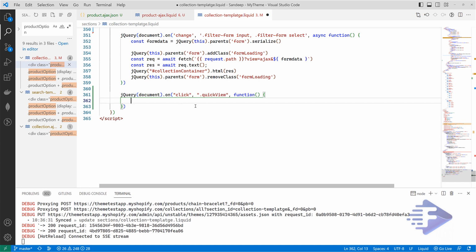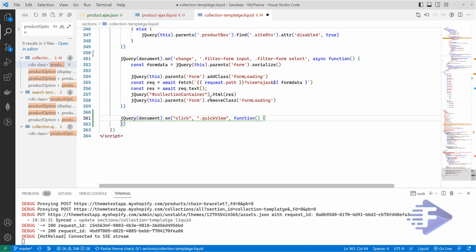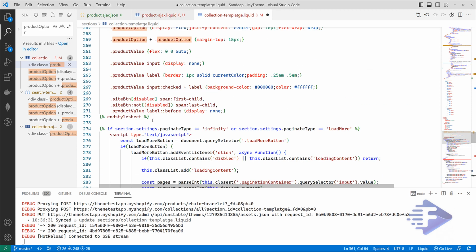And over here, before that, let's create our modal first.